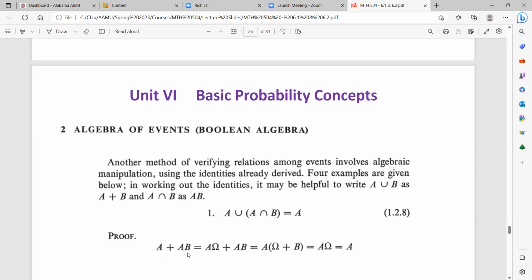And because those three laws, the associative law, distribution law, and the commutative law, apply both for Boolean algebra and numerical algebra, then we can do the same way as numbers in Boolean algebra in terms of those laws, right? Okay, so then we can use the other identity, which is not true in numerical algebra, but it is true in Boolean algebra because we're trying to prove algebra of events. So you can write A as A times omega, which is the universal set. Okay,